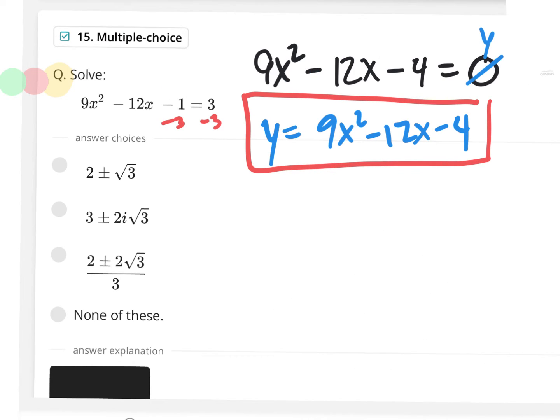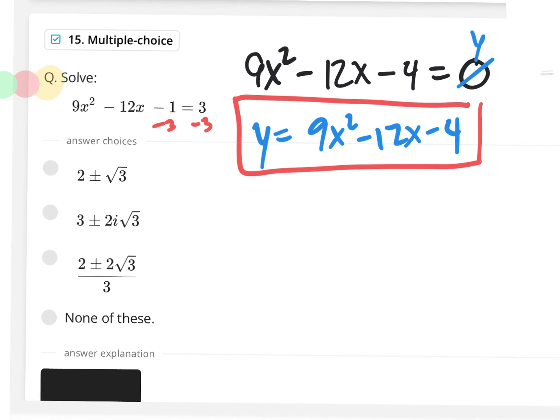So what I would do to solve this problem, I wouldn't use Desmos. I would first set it equal to 0, the way I did right here, and then I would try to factor, split, and solve, right? Or I would use a quadratic formula. It's totally up to you guys. Using the quadratic formula,